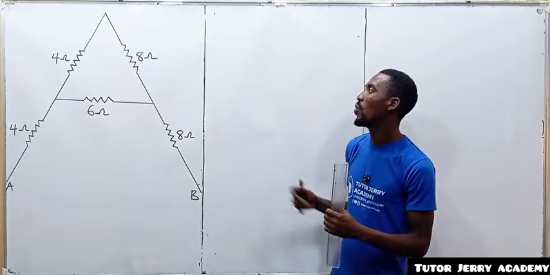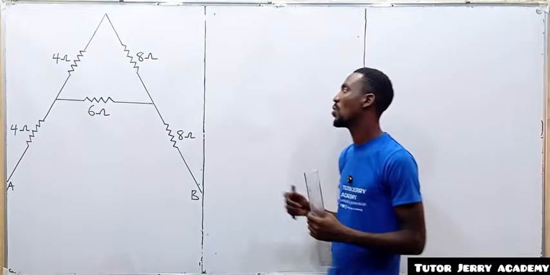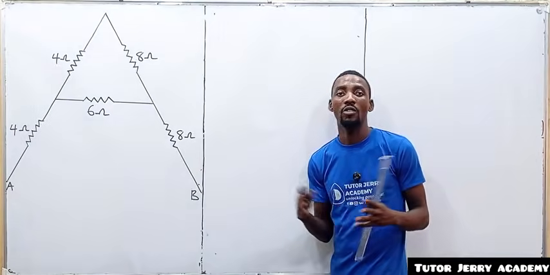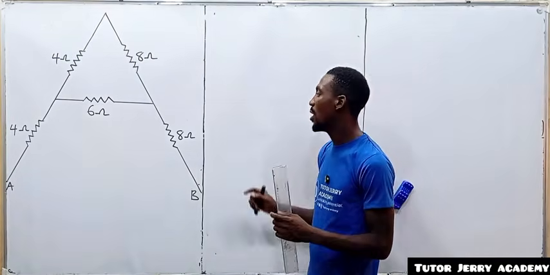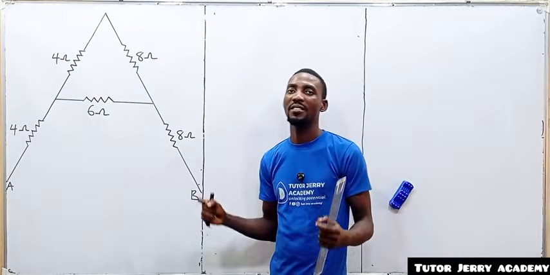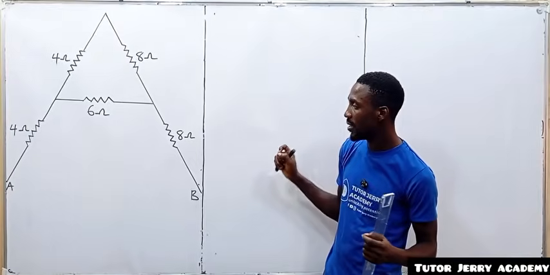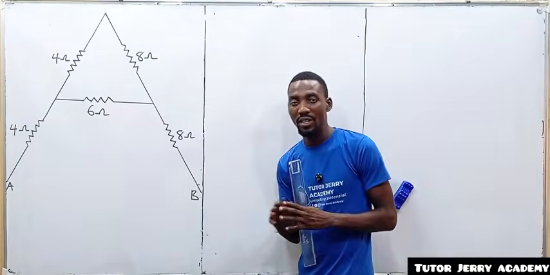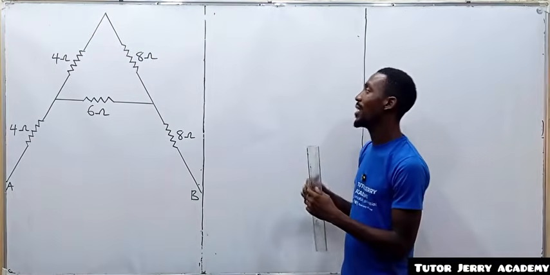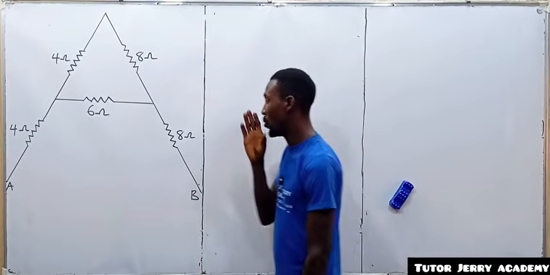All right, so we are going to be solving another interesting question on equivalent resistance under circuit analysis. The question says to find the equivalent resistance between the terminals A and B. The question is very simple. If you look at the above circuit clearly, you